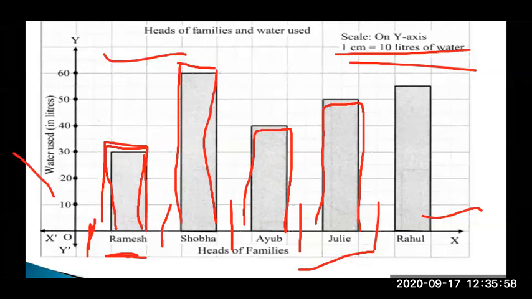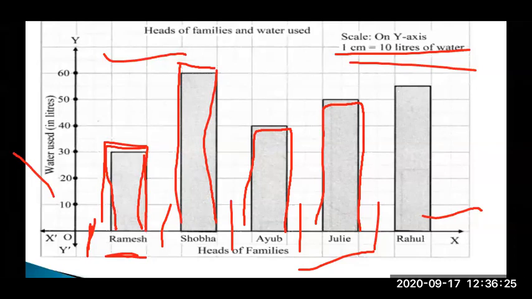Now the last thing, just listen properly. The last is Rahul. Rahul is given 55. Listen properly. But on our y-axis, we have not written 55. So what if this type of sum comes? I told you yesterday that the smaller lines are 10 lines. So what you have to do, your 55 is given. So at that time, what will you do?